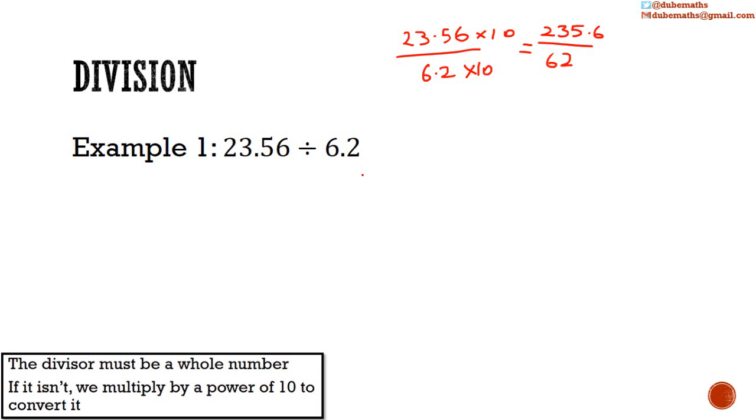Thus, 23.56 divided by 6.2 is the same as 235.6 divided by 62. We write it this way: